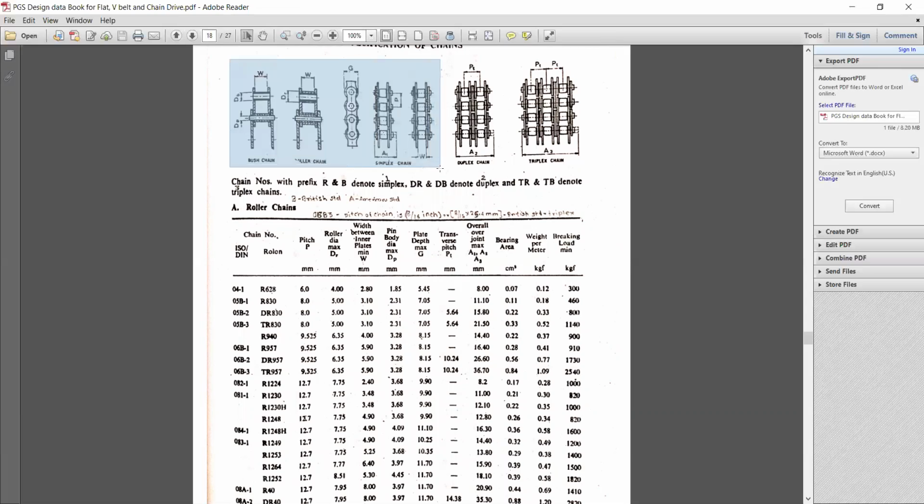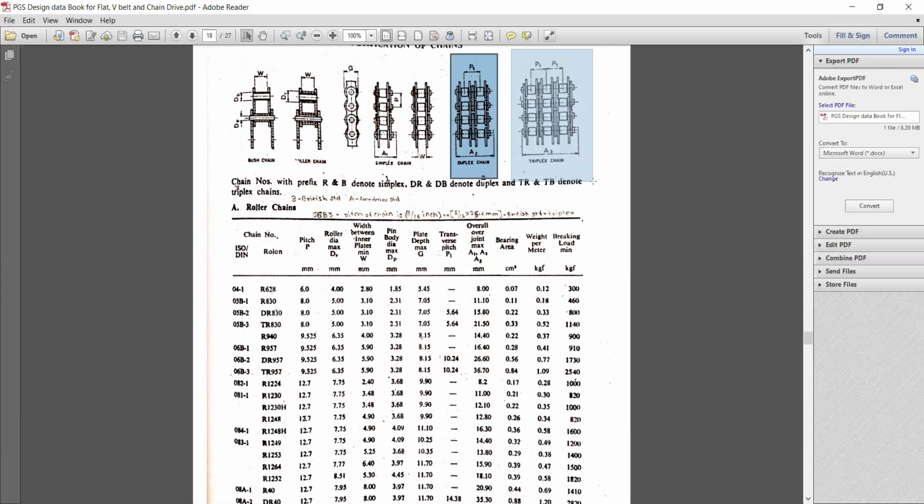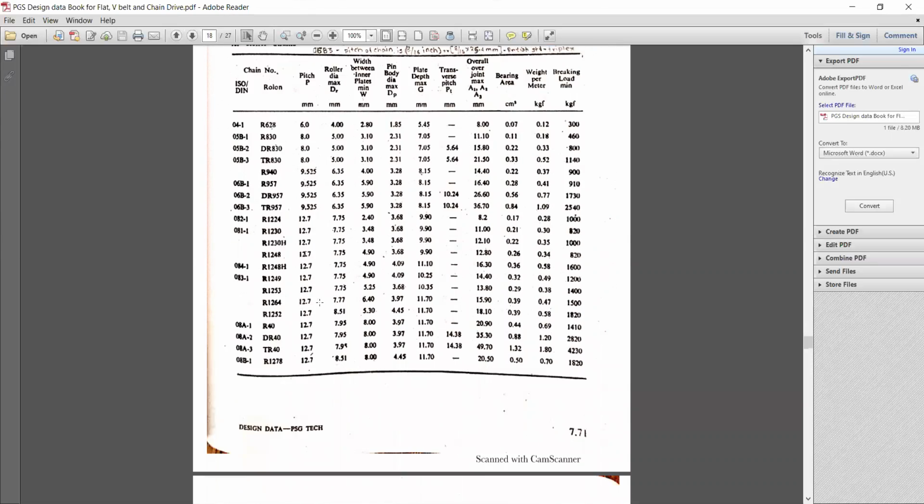From this to this, there are simplex chains. This one is a duplex and this one is a triplex, where three consecutive chains are used, or you can say three rows are used. Okay, so similarly here, based on the different chain numbers, the ISO designations and the roller designations are also shown over here. So based on that you can find out the pitch, roller diameter, width, pin diameter, plate